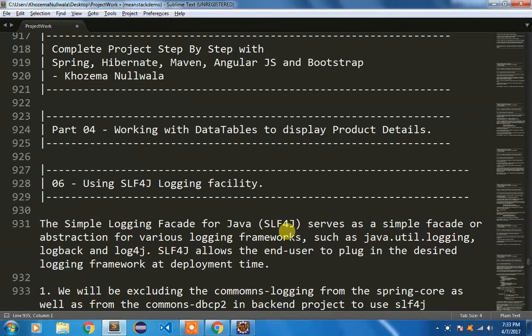Friends, and welcome back. As promised in my previous video, I'm going to discuss the SLF4J logging facility. Now, why SLF4J? SLF4J is nothing but an abstraction layer so that you can use any other logging framework for your application. In this particular demo, I'm going to use the Logback Classic framework for the logging facility